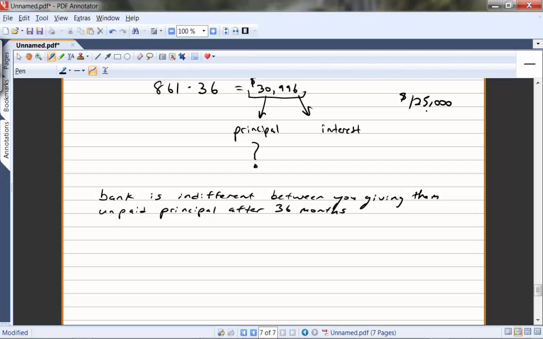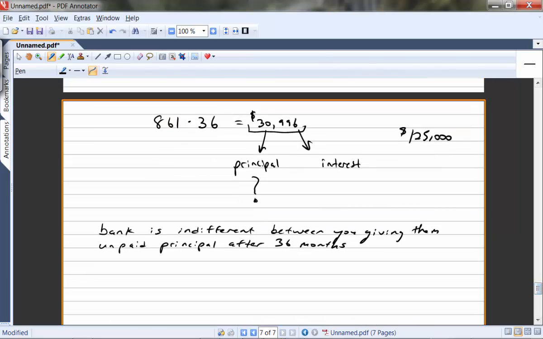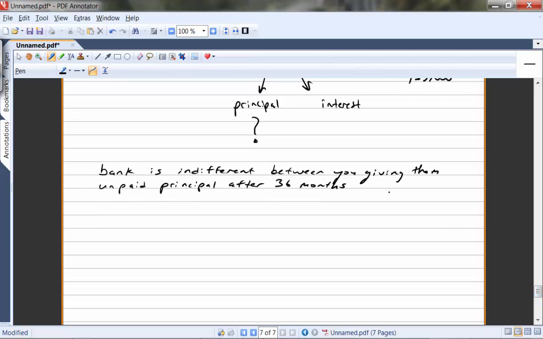But whatever the unpaid principal is after the 3 years, the bank's indifferent between you just giving them that right then, because they can take it and invest it and make, what's the interest rate? They can make 7% per year divided by 12, the monthly interest rate. They could just take it and invest it for the rest of the time if they wanted to. They're indifferent between that or continuing to get your $861 per month payment